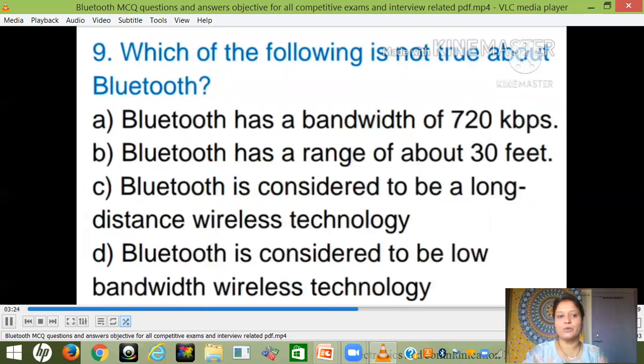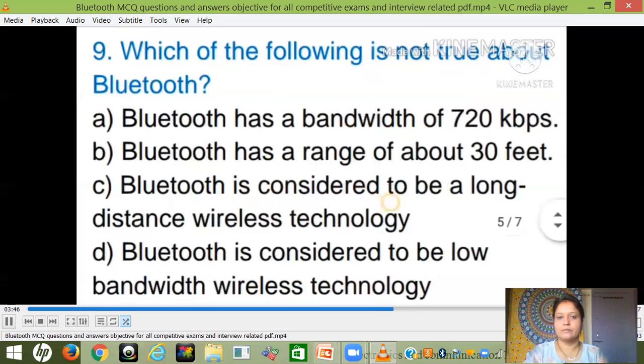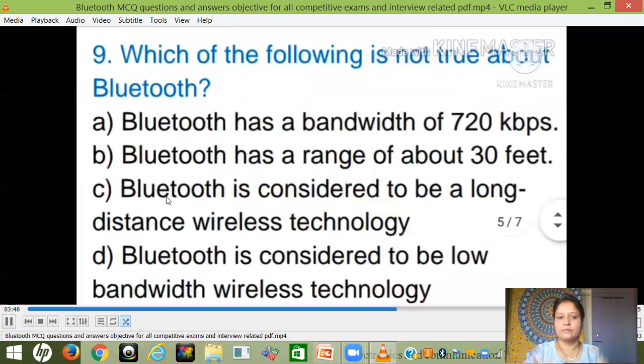नौवां प्रश्न है: Which of the following is not true about Bluetooth? ब्लूटूथ को लेकर दिए गए ऑप्शन में से कौन सी बात सत्य नहीं है? ऑप्शन ए दिया है: ब्लूटूथ हैज ए बैंडविड्थ ऑफ 720 किलोबाइट पर सेकेंड। ये बात बिल्कुल सही है। ब्लूटूथ की मैक्सिमम स्पीड होती है कि कितना डेटा वो ट्रांसफर कर सकता है। आप सभी जानते हैं ब्लूटूथ के माध्यम से जब हम डेटा ट्रांसफर करते हैं तो बहुत ही कम मात्रा में बहुत ही ज़्यादा टाइम लग जाता है। उसकी स्पीड होती है मैक्सिमम 720 kbps।